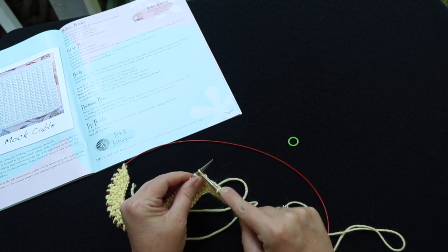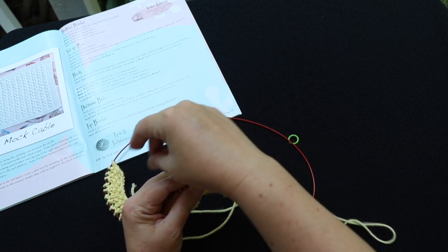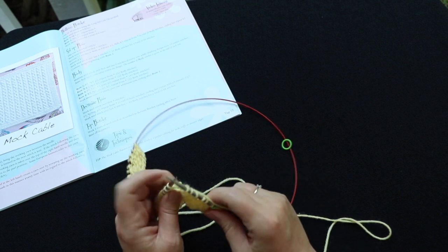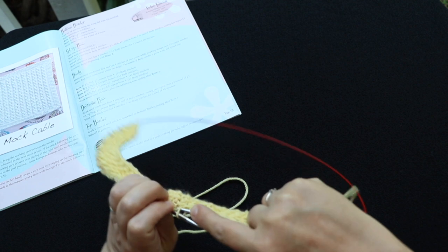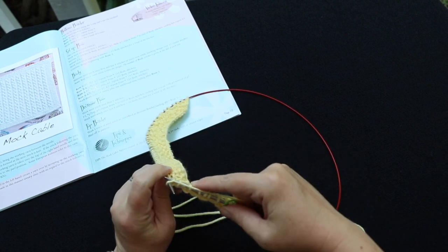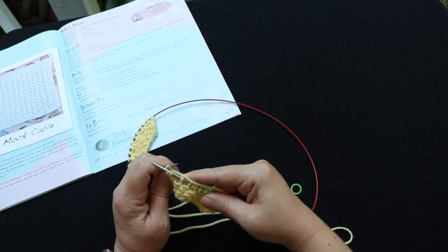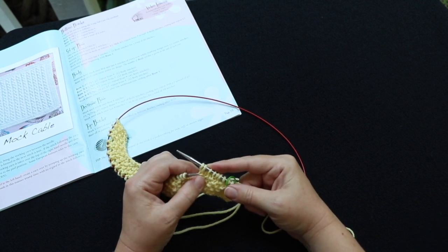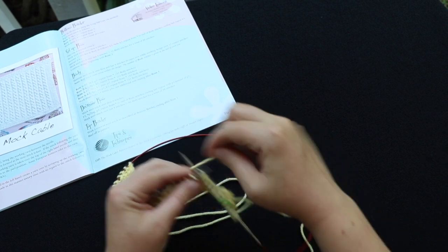Once again, we go in the front of the stitch as normal, wrap the yarn, pull through. Without pulling the stitch off of my left hand needle, I'm going to come back through the back of that stitch, wrap again. Oops, I lost my wrap. So I'll just go back in, wrap again, pull it up and off. I've created 2 stitches from where there was 1 stitch before. Knit 2,